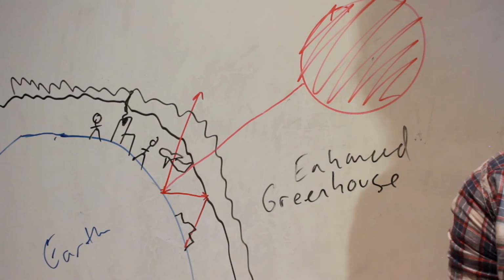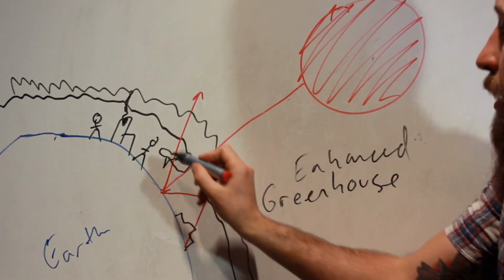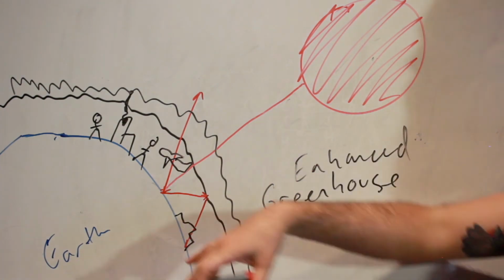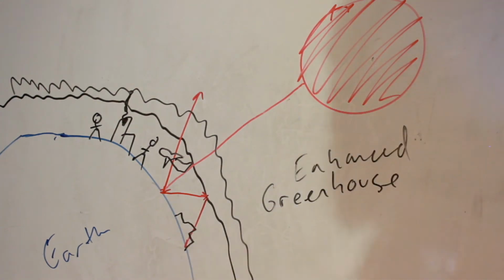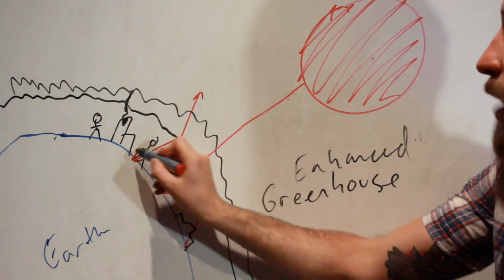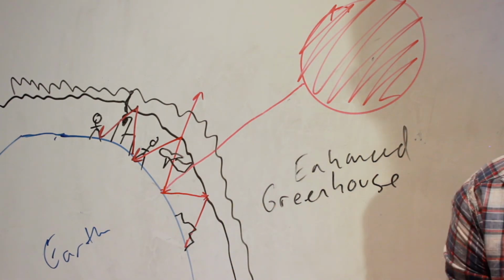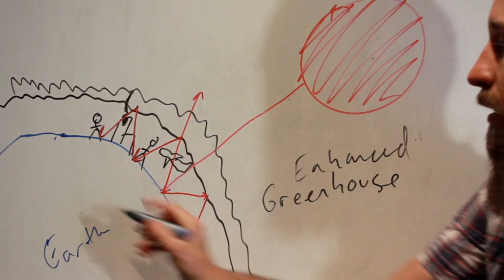And what this means is that we're trapping too much heat. Too much of the heat is being trapped, because some of the heat would be escaping with the regular greenhouse effect, and some still is, but there's too much that is getting trapped in the atmosphere, and it is warming it up to make the Earth an unhappy,